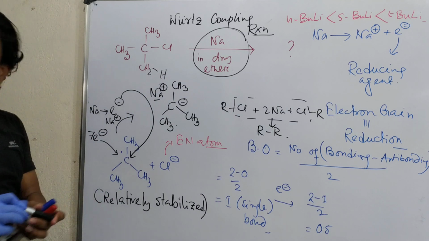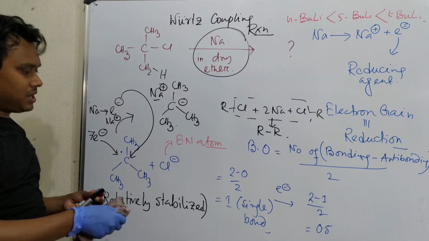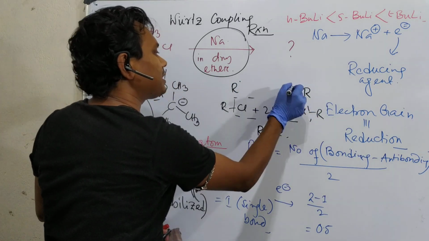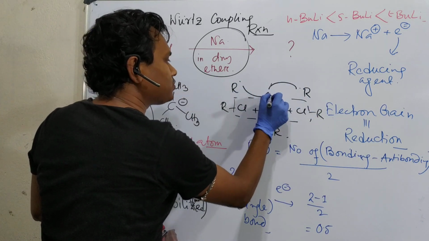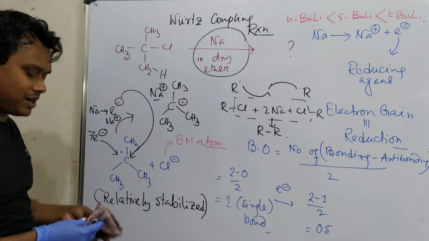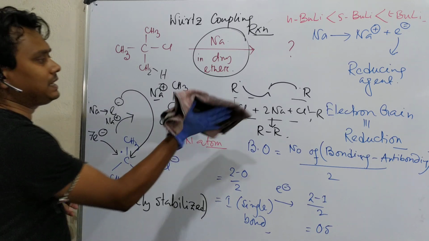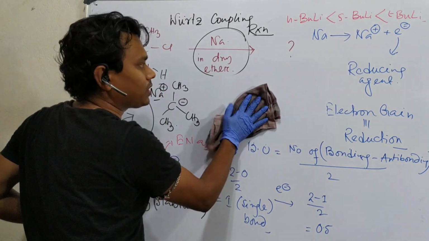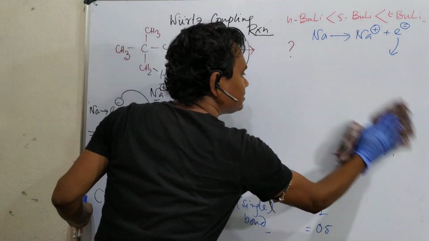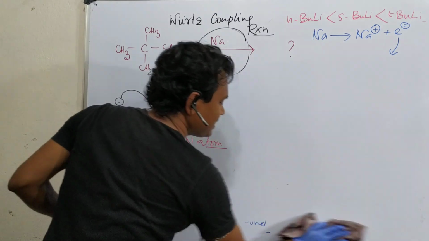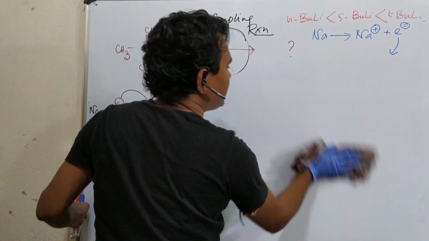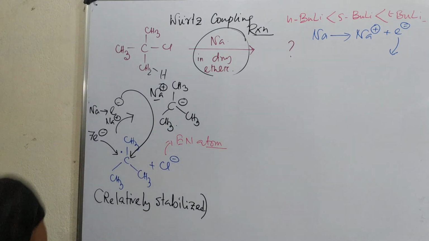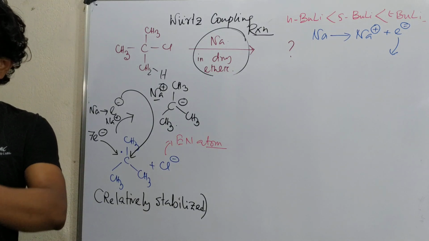And how does this happen? It is a radical based mechanism. Means in this case it will generate an R dot, it will generate an R dot, and they will couple in this way. Remember, this is a fish hook arrow, means one electron movement. So radical coupling. But in this case, why can radical coupling not occur? In order to answer that question, you need to understand how radicals couple. Actually, two radicals come together and they couple. In this case, this radical coupling is not possible.